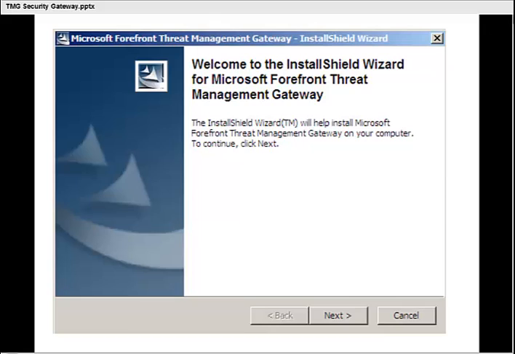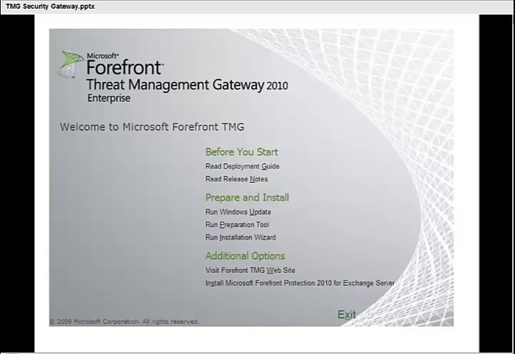So here I go. You will download any possible version of TMG that you would like to install, and double click on it, and here you will start with the first window. That's the installation wizard of Microsoft Forefront Threat Management Gateway. As you proceed ahead, it will take you to this window, which is Threat Management Gateway Enterprise, and you have different options over here. So if you want